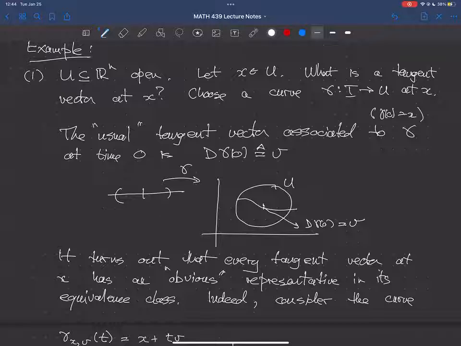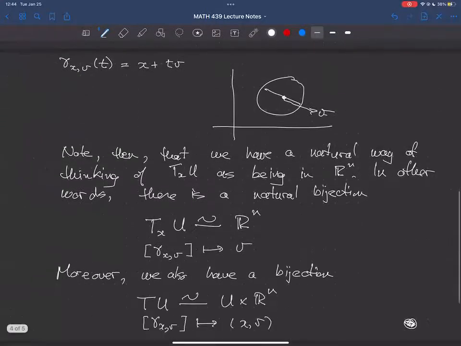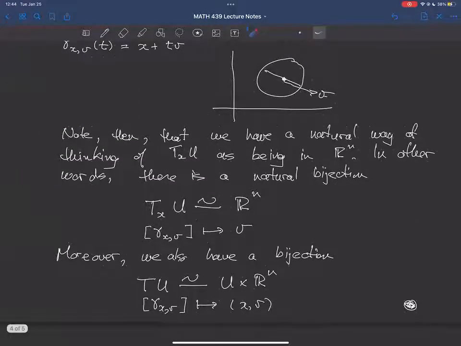So that's one way in which it's defective. The other way is that it gives us this kind of identification of this space with this space, and it leads us to thinking that tangent bundles are simple things, and tangent bundles are not necessarily simple things. So we'll work our way towards that, but for the moment,